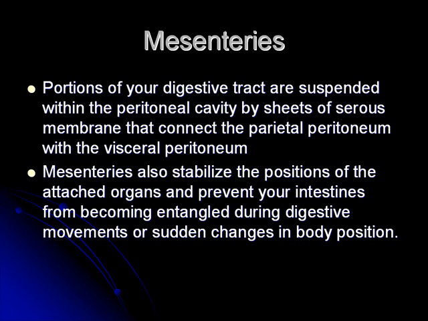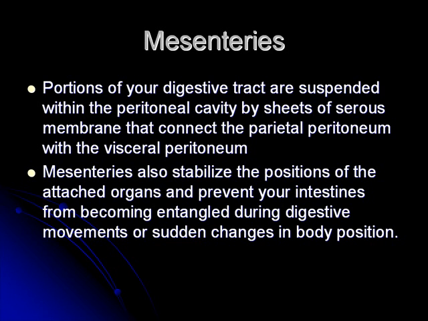In some severe cases of abdominal ascites, the weight of the fluid actually pushes up against the diaphragm, and the patient also may suffer from respiratory problems or difficulty breathing associated with the large amount of fluid in the peritoneal cavity. Another portion of the cavity that we should discuss are called the mesenteries. This is a portion of the digestive tract, or I should say portions of the digestive tract are suspended within the peritoneal cavity by sheets of serous membrane